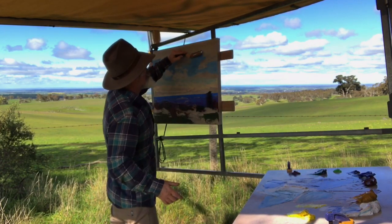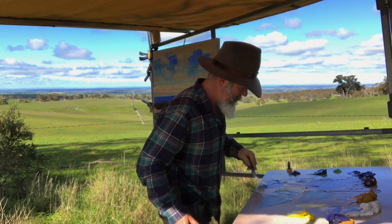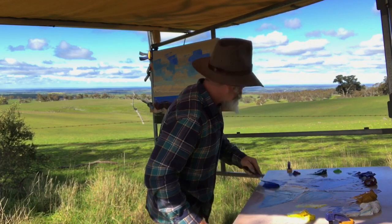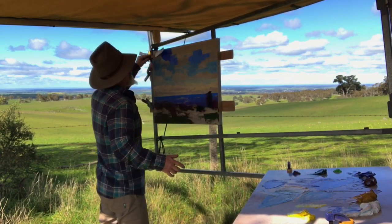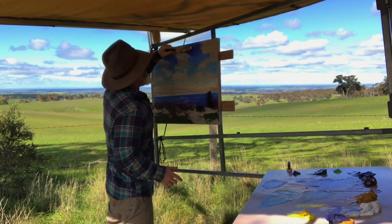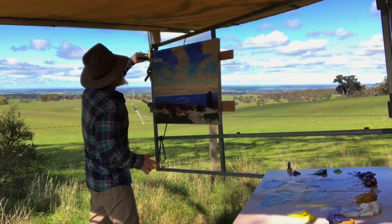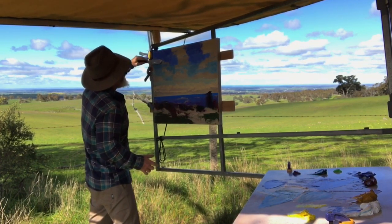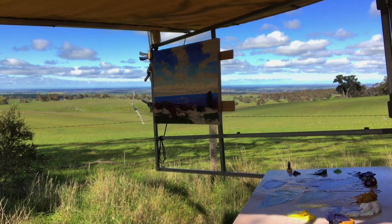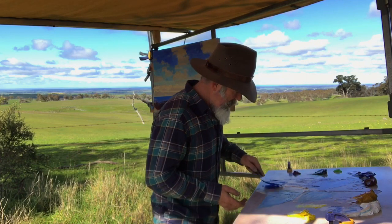Let's have a look. I've deepened the tone, but what I'm going to do now is go even deeper and add the tiniest bit of magenta to it. Blend that. Okay, stand back and have a look, eh? It's all very good. Now, a bit more white,